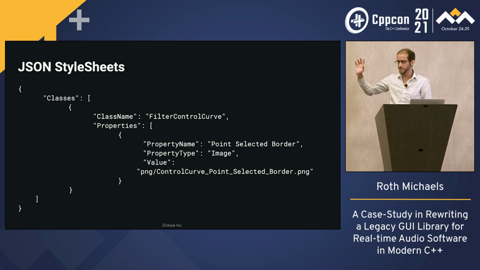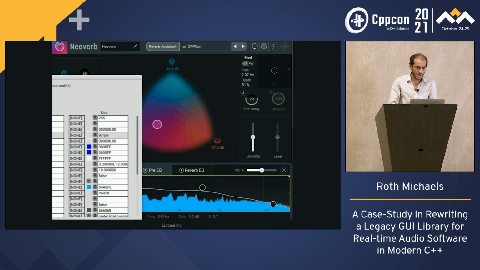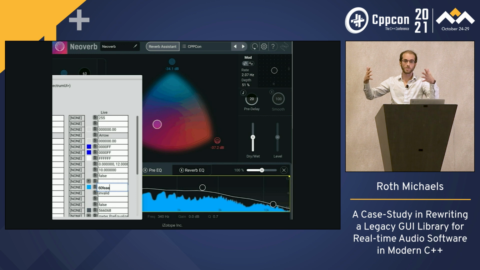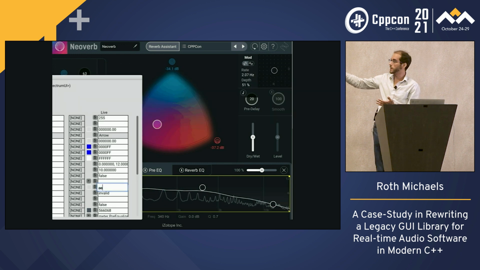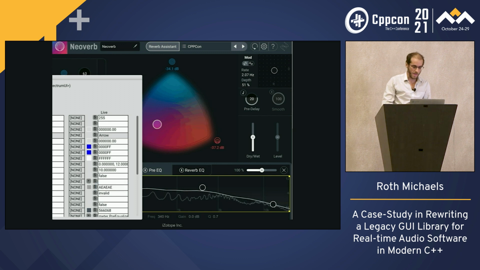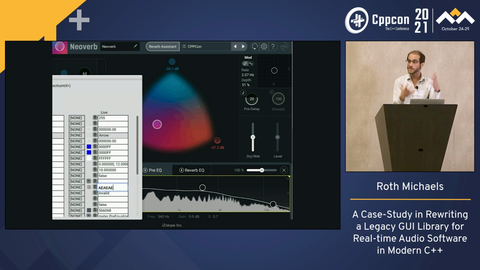It's JSON, and it's a little verbose and weird, but very similar to what you might expect from a CSS style sheet. And we had this interactive editor that lets designers and developers both debug and then edit these layout files in a live running plugin in a host application. So we can see what changes the UI looks like while we're feeding audio into the product and having metering. We didn't want to lose these nice things we had in our development pipeline, but we had a lot of